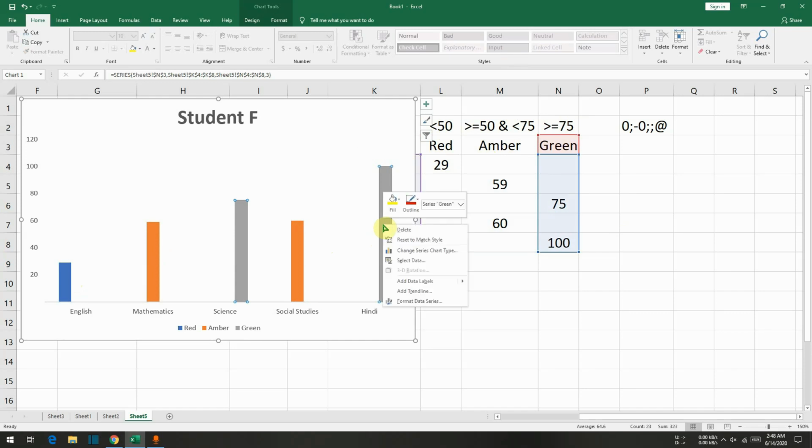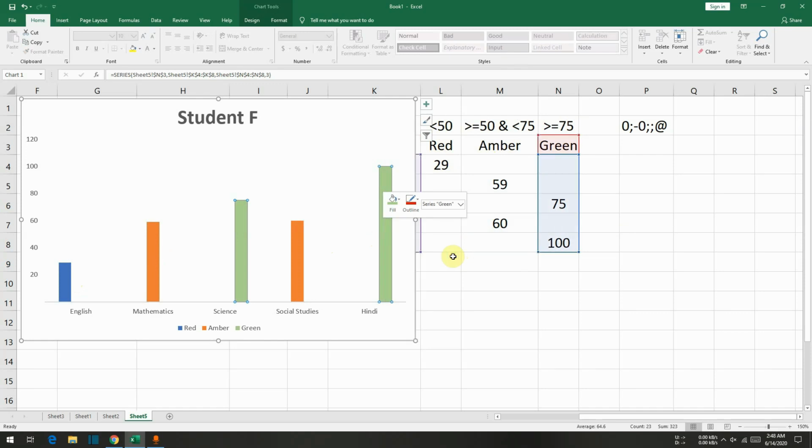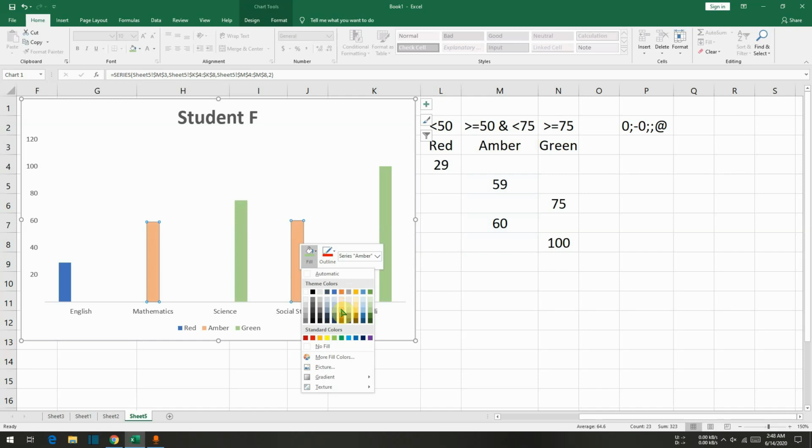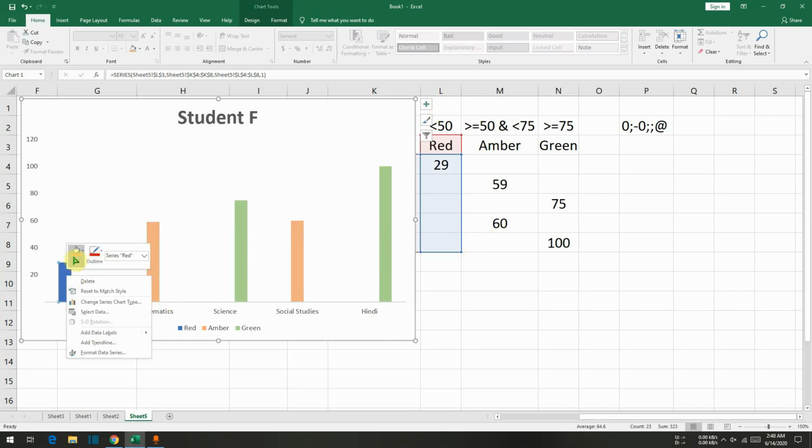Okay, right click, fill, let me make it green because this one is for the green part. Let me select this one, that is orange, and fill it as amber. Here this one is the red part, as you can see. Let me change it to red.